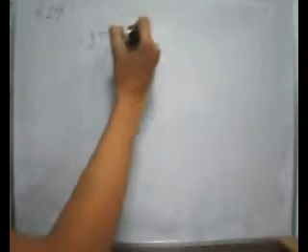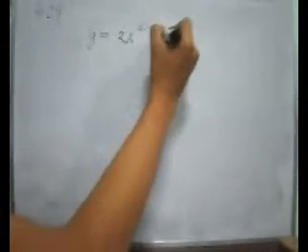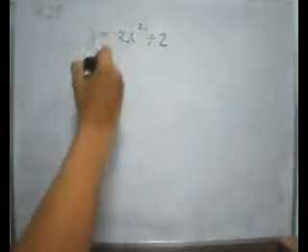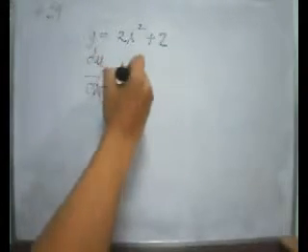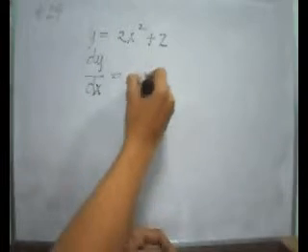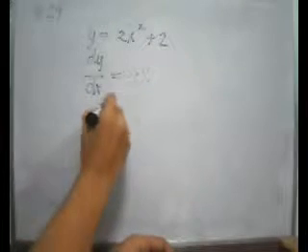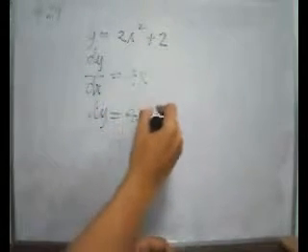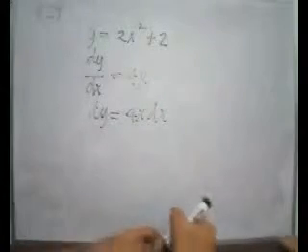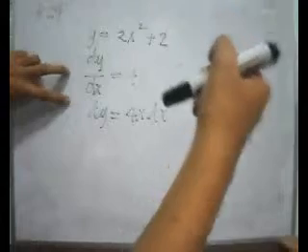Now, let's also check number 29 of the Ray Wiley book. Basically, we have the solution y equals 2x squared plus 2, right? Now, we get dy with respect to x. That is just the y prime. So this becomes 4x, right? And then, what will your dy be equal to? dy equals 4x dx, right? Take note of these values and then try to substitute them into this one.